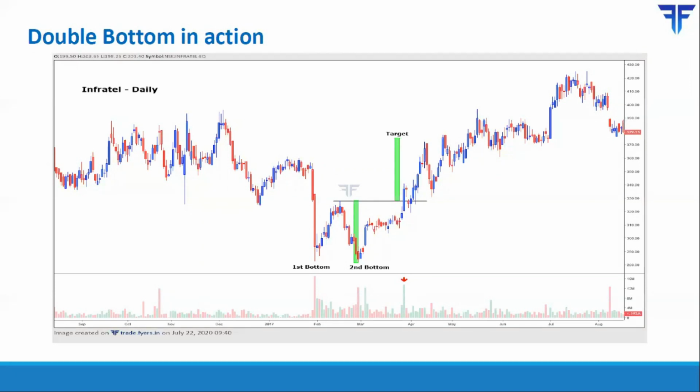Of course, if you are an intraday trader, then you'd be looking more at, say, a 5 minute chart or 10 minute chart or 15 minute chart and so on. If you're more of a positional trader who would like to catch anywhere between, say, 15% or 20% type moves, then you'd be looking at daily charts. And if you're a long-term trader who would like to catch, say, 40-50% type moves, then you should be looking at the weekly or the monthly chart.